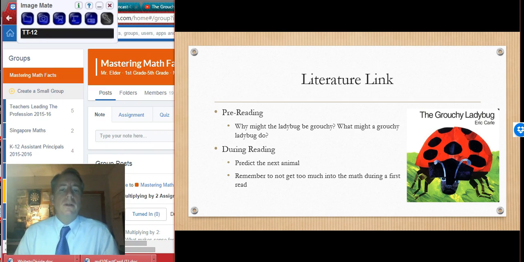We're looking at things like predicting what the next animal is, but we're also remembering what we talked about when we shared the book for multiplying by twos, that we don't want to get too much into the math, especially on the first read of a book. So this book might be one that kids have read a lot, and so they may be really comfortable with it. But we want to assume that at first we want to give kids the opportunity to just enjoy the